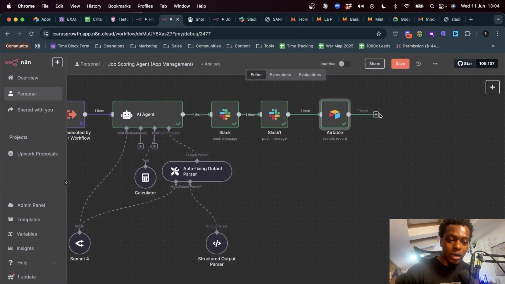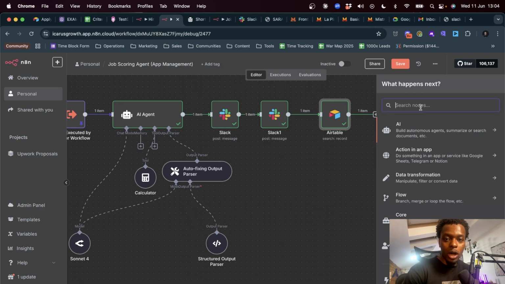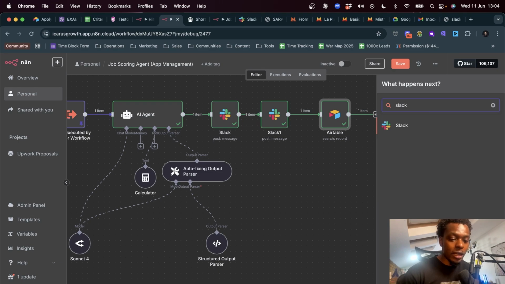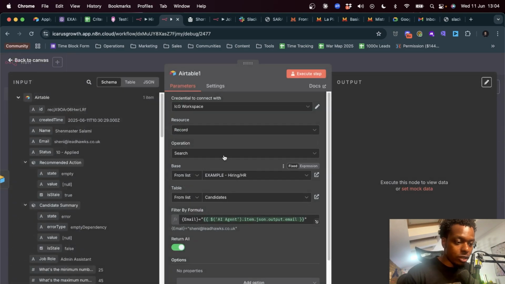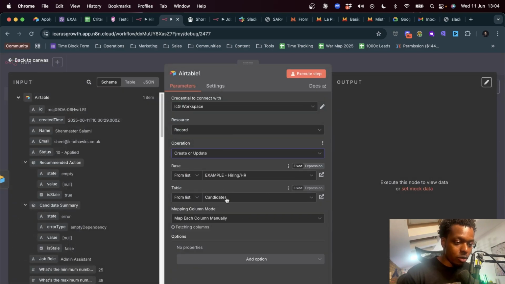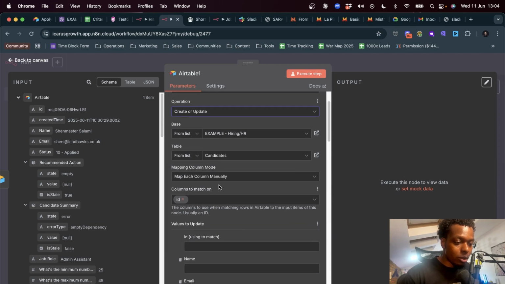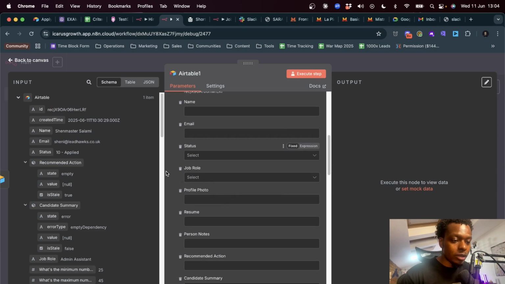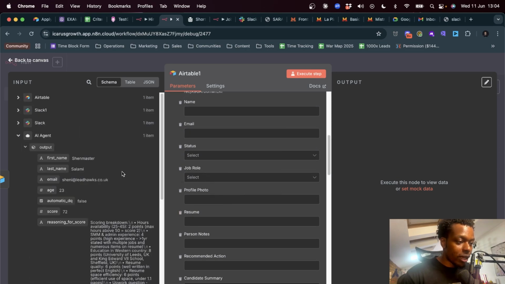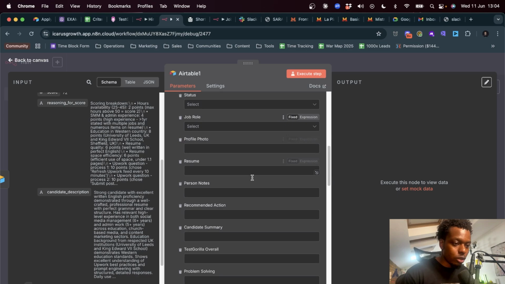So now that we've found the record, we now want to upsert the record, or create/update the record. What we need to do in this situation is add all of the information that the agent spat out. So we go back into, not Slack, Airtable. And in fact, we can just do this again. We can just duplicate the Airtable step, and then we can change the operation. The operation is going to be create or update. And we're going to map the column by the ID that was found in the previous step. And we're going to take all of the answers from the AI agent step and just stick them into the